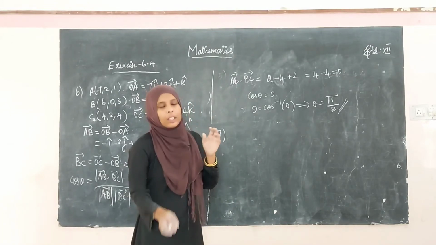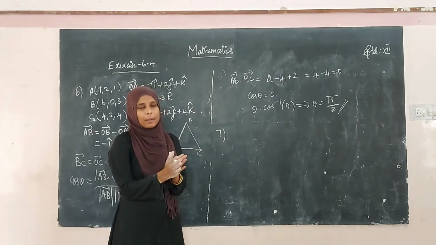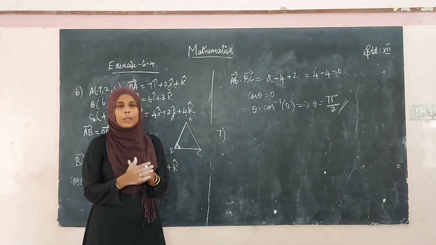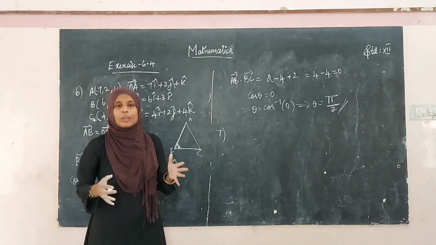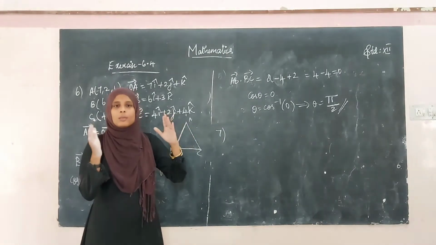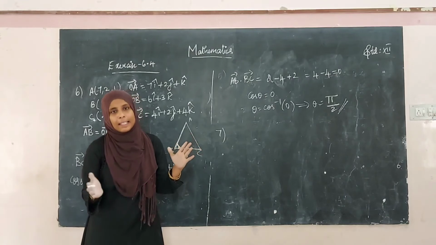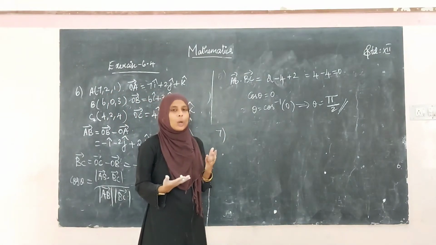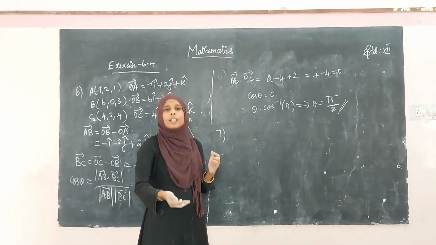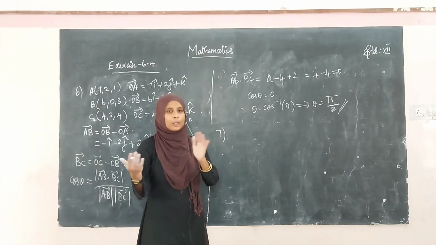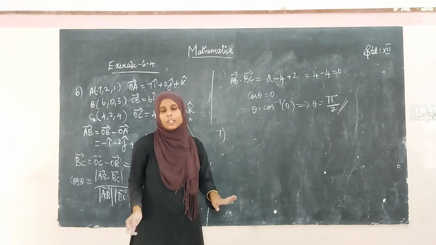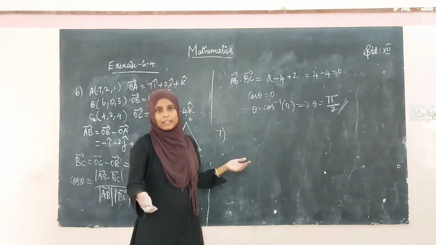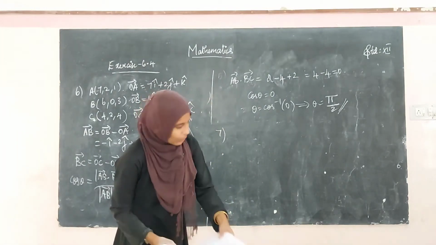So what they have given: 2 points, and those points make a straight line. Similarly, they have given another 2 points, and those 2 points make a straight line. So first we have to find the b vector and d vector of these lines. After finding that, if 2 straight lines are parallel, what is the condition? B vector equal to lambda into D vector, or D vector equal to some scalar. So let us take it as lambda into D vector. After solving this, you can find the value of A and D.